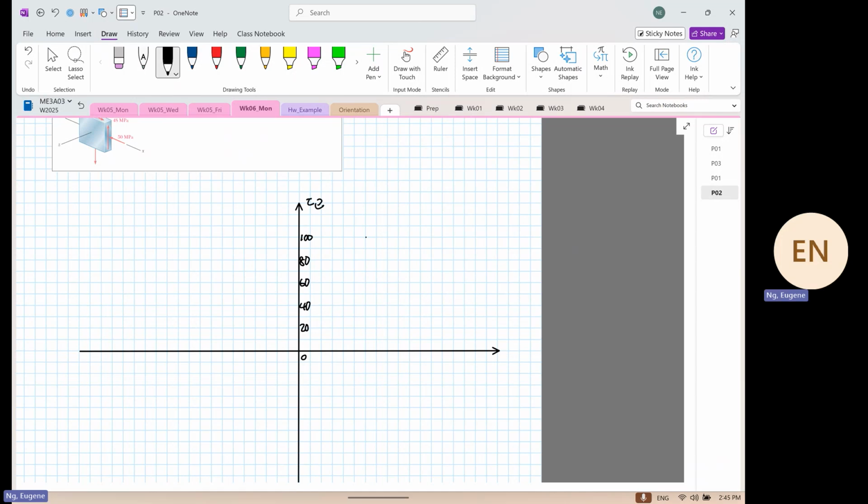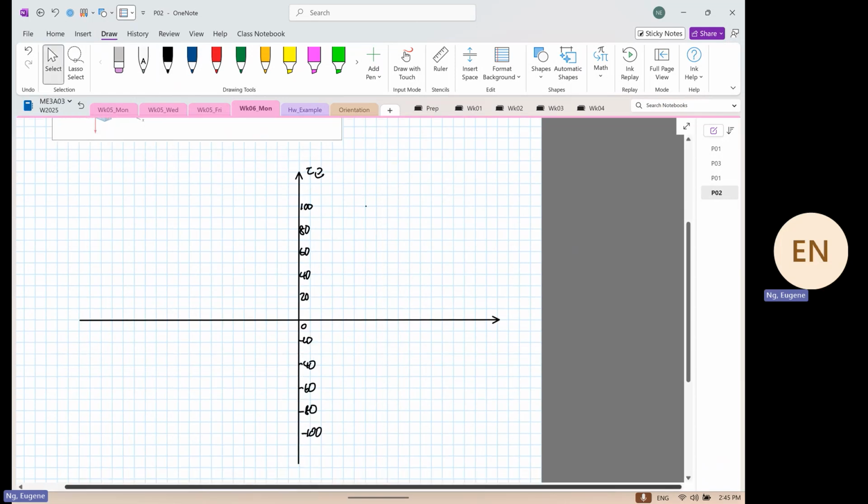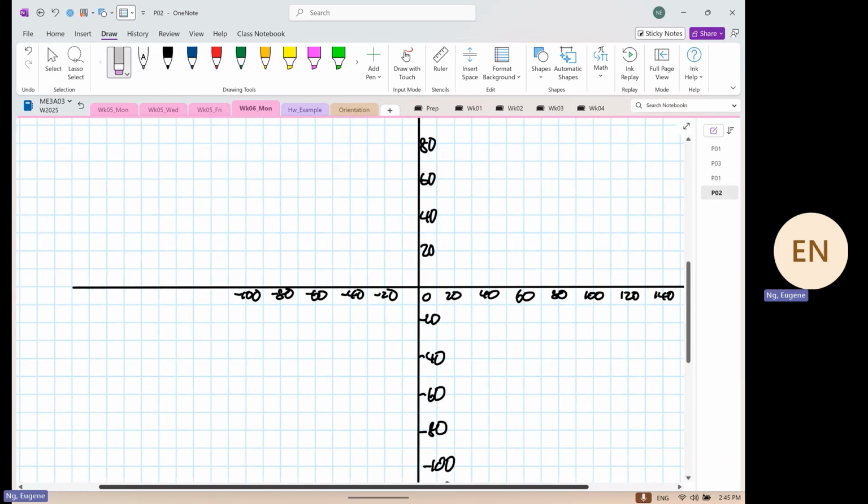In shear, element rotate clockwise, minus 20, minus 40, minus 60, minus 80, minus 100. Rotate anti-clockwise, 20, 40, 60, 80, 100, 120, 140, 160, 180, normal stress, minus 20, minus 40, minus 60, minus 80, minus 100, 120, sorry, 120,